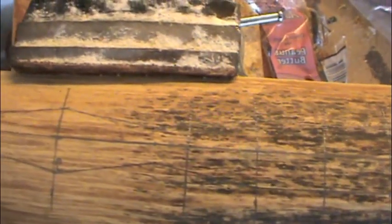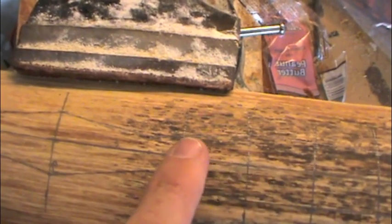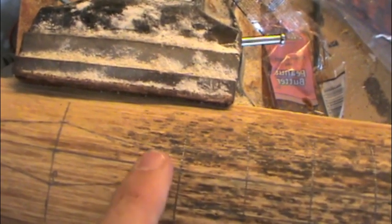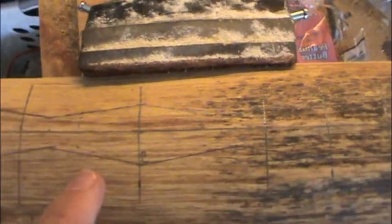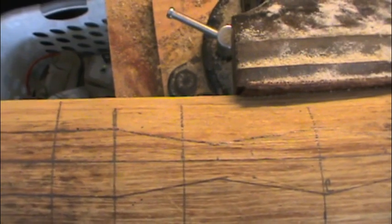The bow's laid out, as you can see, straight pyramid all the way down to the fades. There's the fade right in here, and then we begin to taper the handle in 1 1/4 down to where the arrow rest will essentially be right in here. Center of the handle, which is 1 inch as well, back down to 1/2 inch, and then back out to